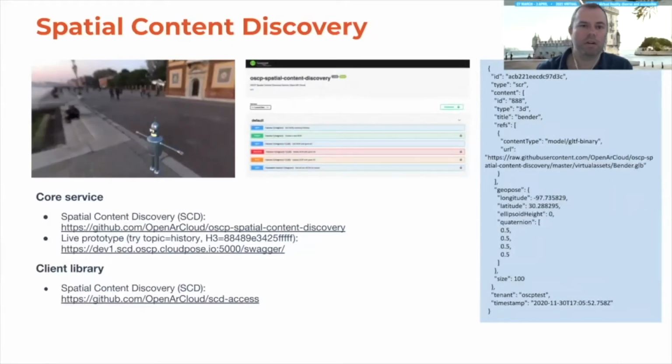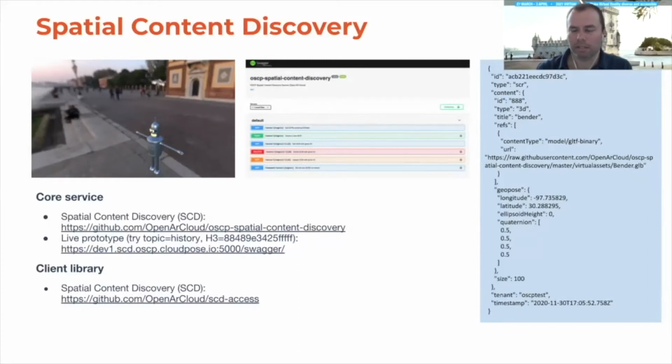Similarly, for spatial content discovery, in this case, we're discovering the actual virtual content in the real world. You see here in this example that we've pulled in a 3D model of Bender. This is a GLB of Bender and the associated Geopost for him. So we can now place him accurately in the real world.